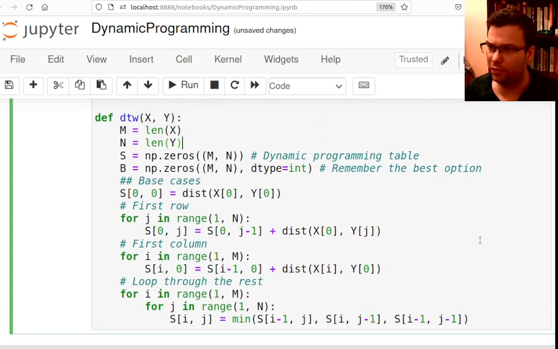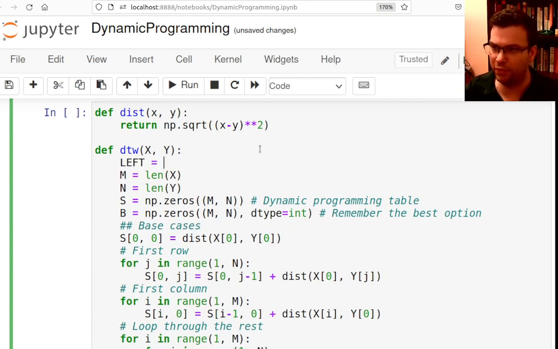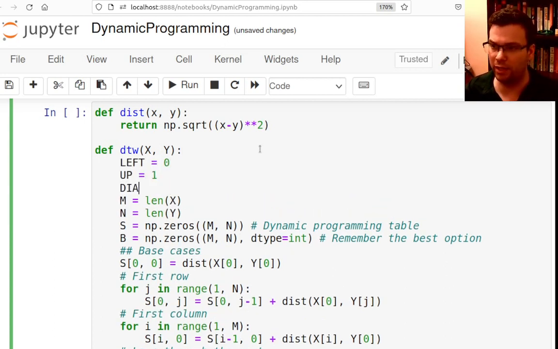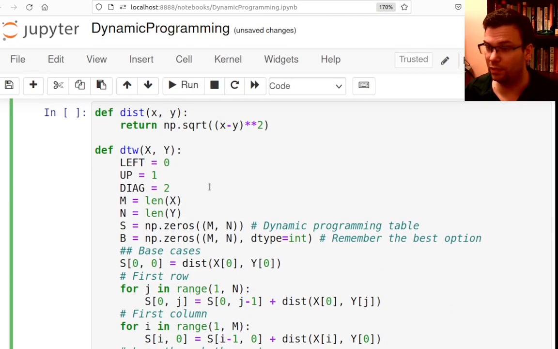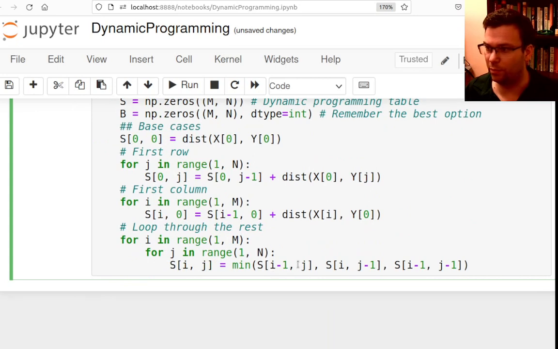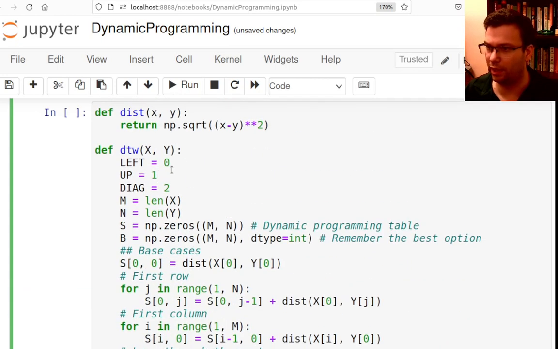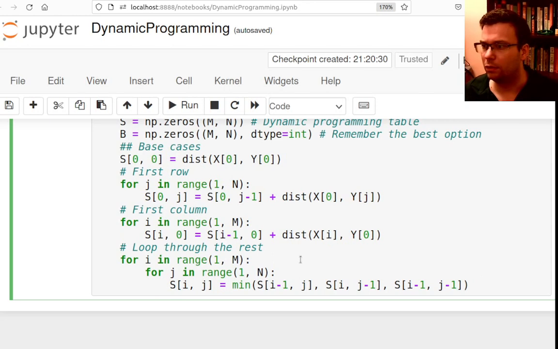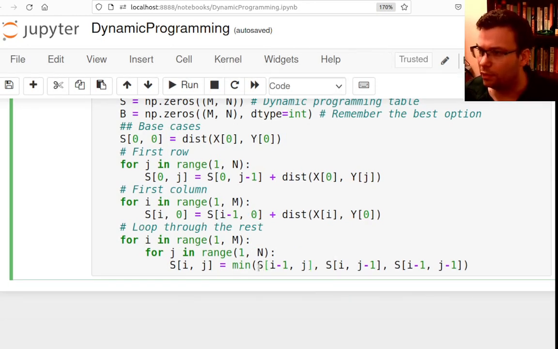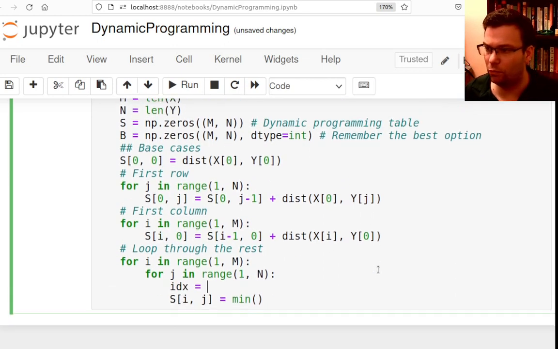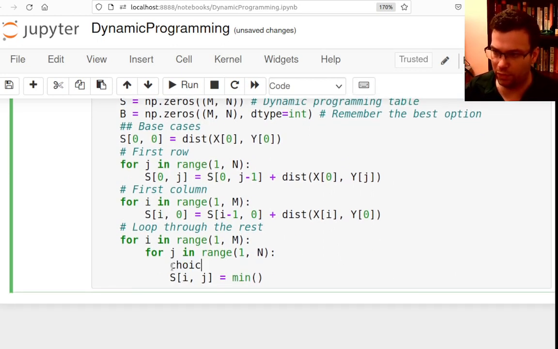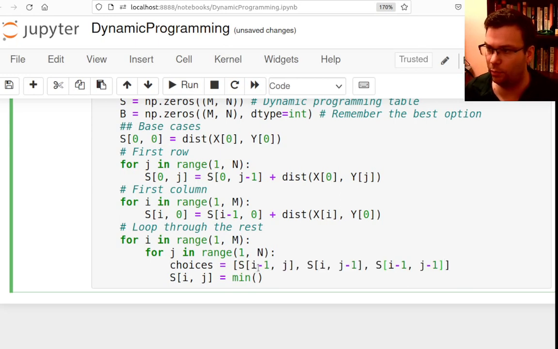So maybe I'll define some magic numbers here. I'll say that maybe left is 0, up is 1, and diagonal is 2. Actually, it looks like up is the first one I did, then left, then diagonal, so let me switch these around. So here's my 3 options, and I will actually remember which one of the 3 is the best. So I'll say choices is these 3. I go either up, left, or diagonal